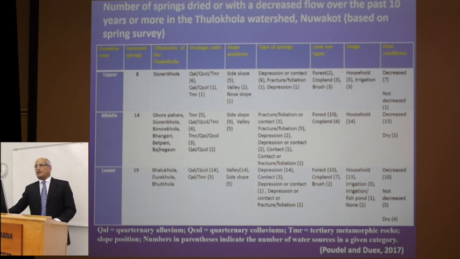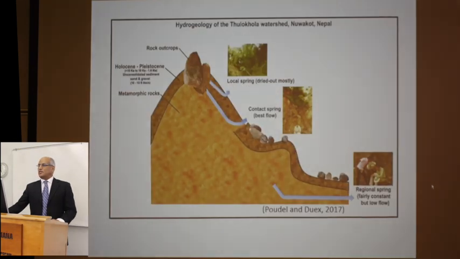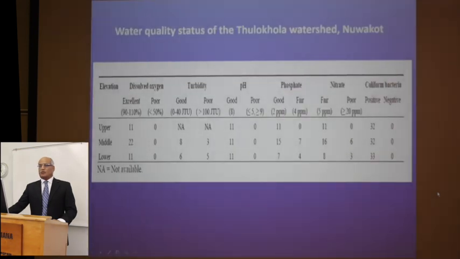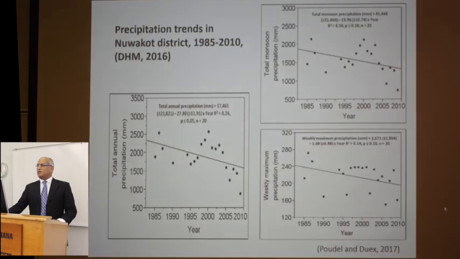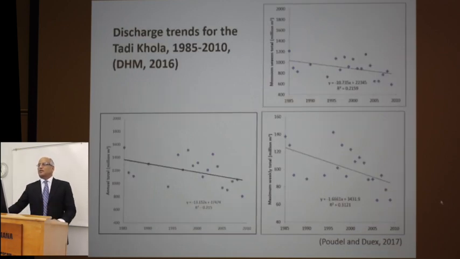Based on the spring survey, 72% of the springs were experiencing decreased flow over the past 10 years, whereas 13% of springs were completely dried out in the watershed, and mostly those local springs that are on the shallow surface were the ones drying out first. The water quality issue was also a major one, specifically fecal coliform contamination. A historical data set showed a consistent decline in precipitation as well as discharge from the nearby Thulokhola in this